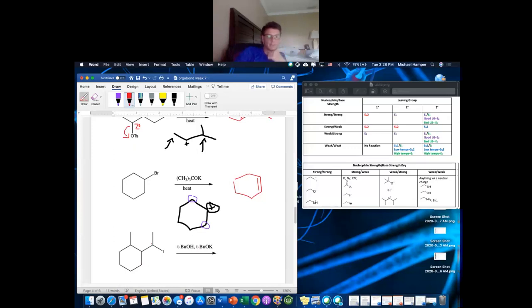And here again, we have a tert-butyl. It's going to go to the more substituted side. Actually, I said that wrong. The tert-butyl, because it's a big base, will go to the less substituted side. So that's going to leave. This is the less substituted compared to this. So this tert-butyl will take a hydrogen from there, and it will look